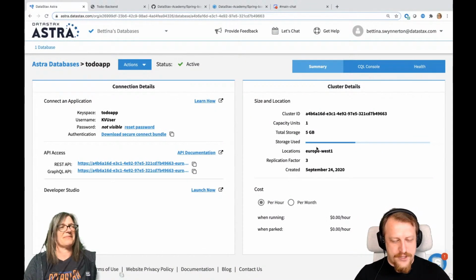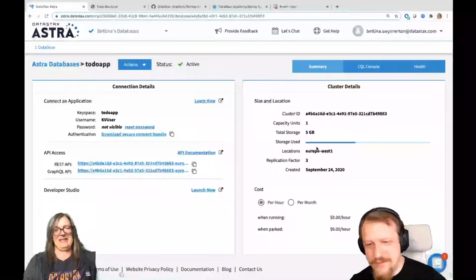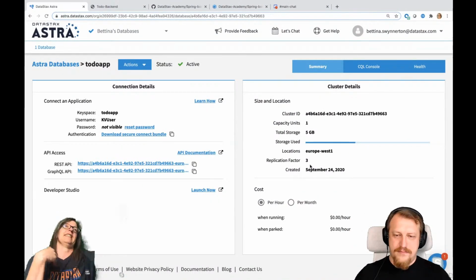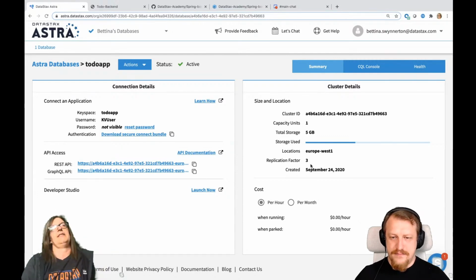I will report it to the Astra team. Maybe they know about it. There's a GitHub issue for it already. It's already reported. Okay, reported. And the same here: this actually should be, because you're getting a single node. With the free tier, you only have one node, so it's actually only a replication factor of 1. Good. Okay.